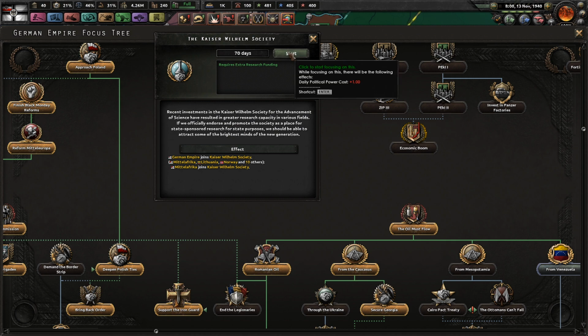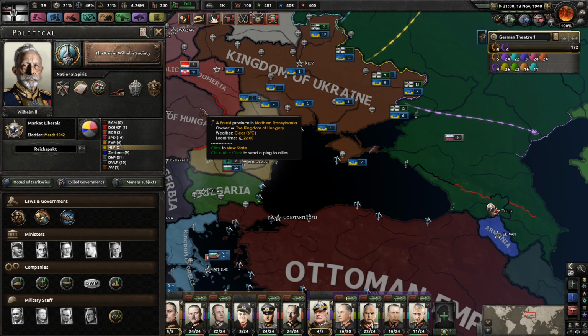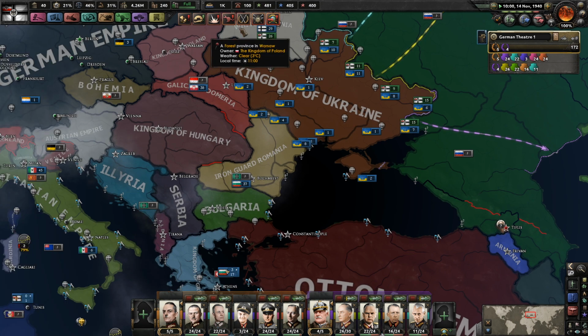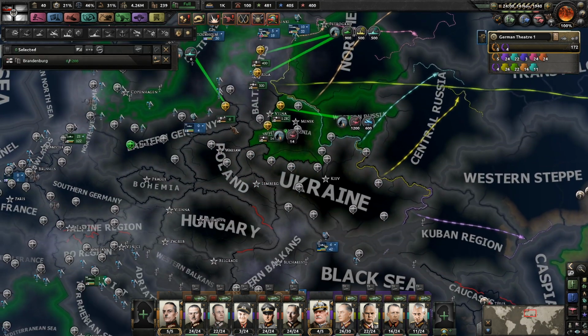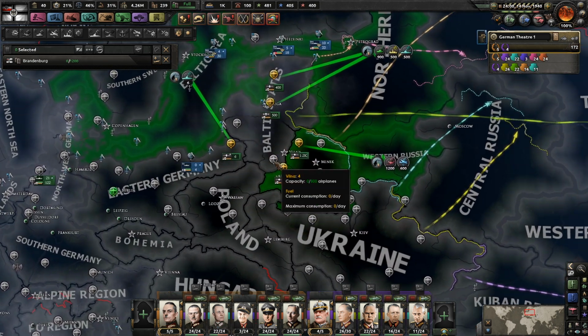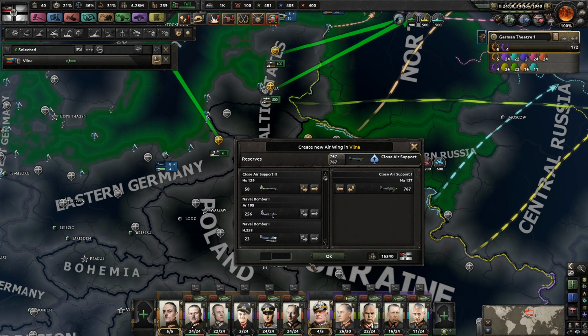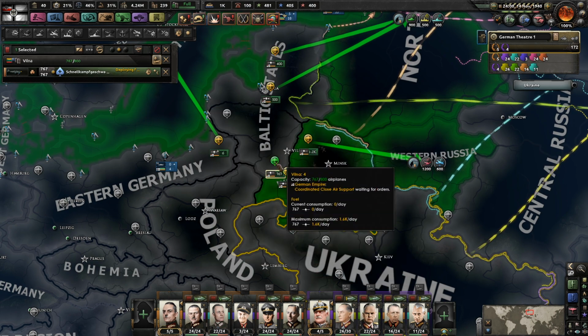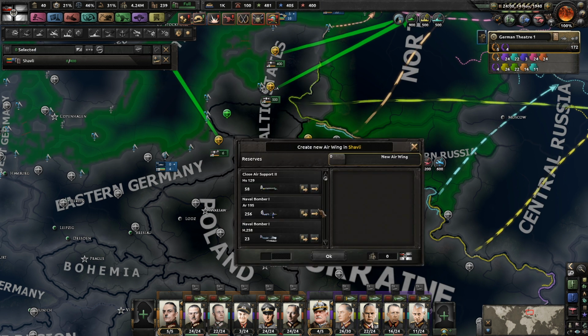Let's get the Kaiser Wilhelm Society. I don't know what this really does for us, but probably it's like a nice little research boost. And most of our planes, I think, should be more or less ready to go. You can have another 800 planes. Let's throw in some close air support. You guys can have 400 planes, so let's throw in some naval bombers so we can get to about